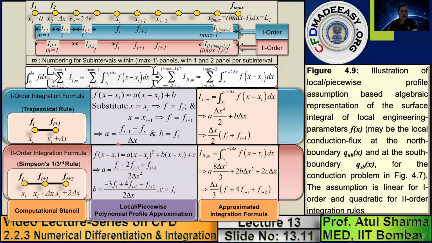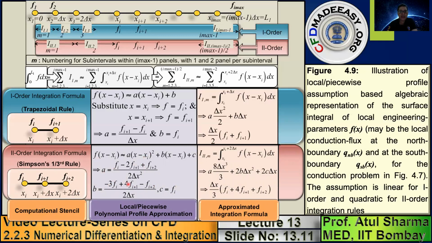And when you want second order, then you locally assume quadratic variation. Then to derive this formula, basically I am showing you this integral. I'm not showing you the summation, which I'll show you in the next slide. Then in this case, you have three constants a, b, c, and you have three x locations where you know this function: xi, xi plus delta x, xi plus 2 delta x. So here I'm showing you the integral for one subinterval which consists of two panels in the Simpson's 1/3 rule. So by substituting at x equals xi, f equals fi, and similarly at xi plus delta x and xi plus 2 delta x, you can obtain this a, b, and c, which are as shown here.